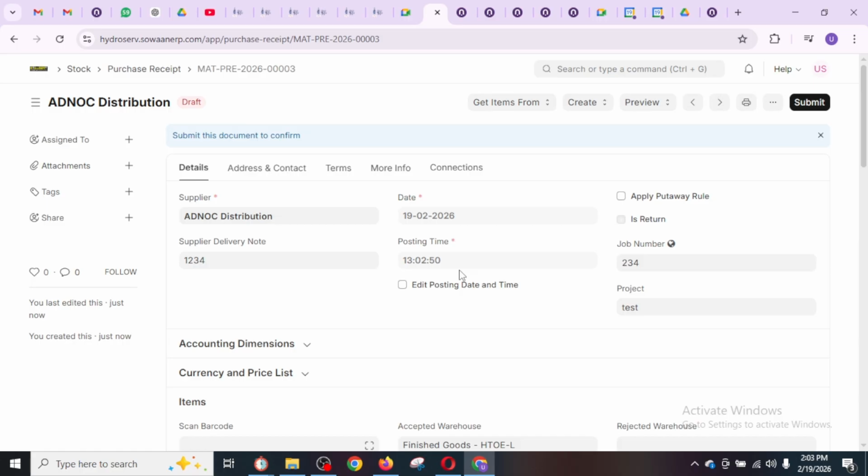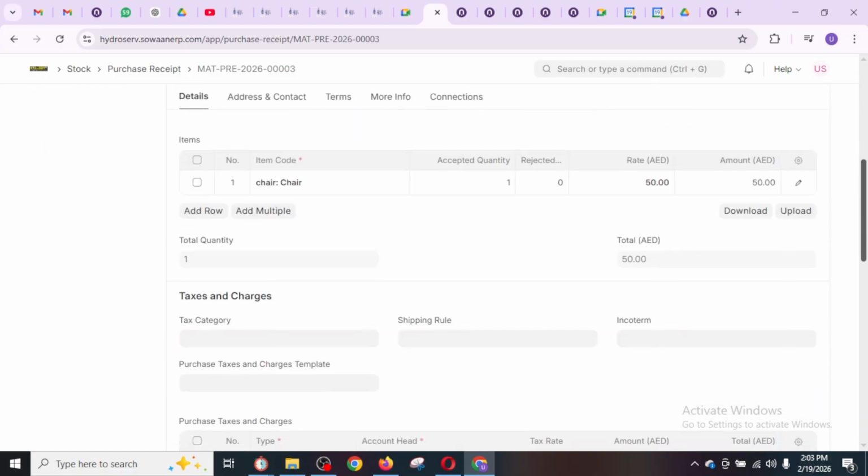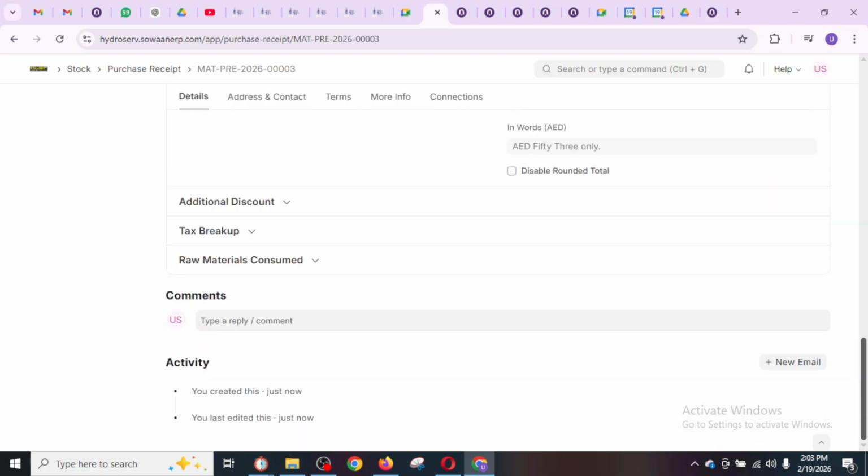I am assuming that all of you know the difference between a saved and a submitted record, but as a basic overview training video, the difference is this: a saved record is only a draft or a memorandum, created in the system for our convenience, so that we do not forget anything and we have matched all of the necessary details.